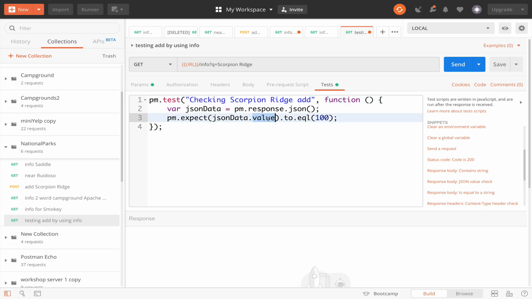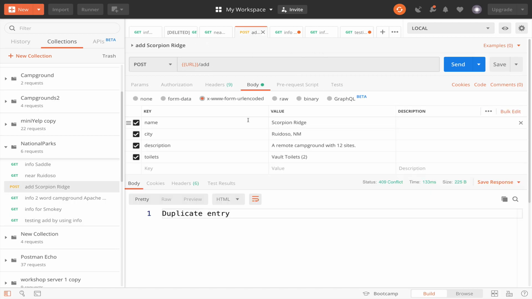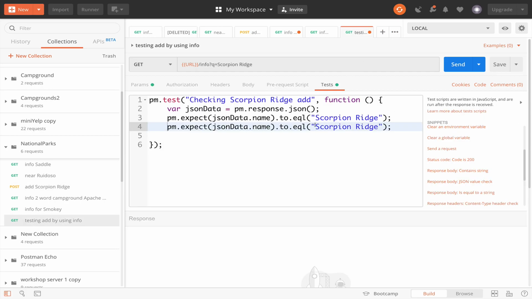So we'd expect the name to be Scorpion Ridge. And we'd expect the town. Let's do that town test too. And let me go to that post request. The town was Ruidoso, so we would expect the closest